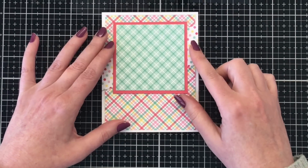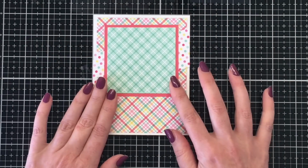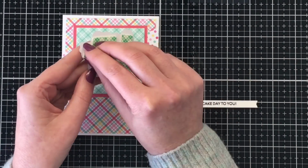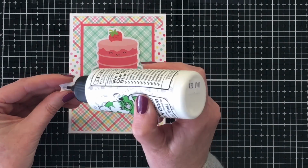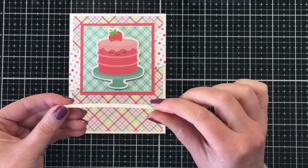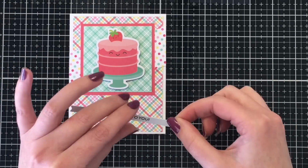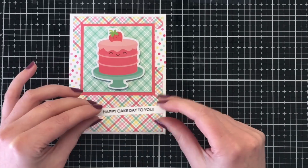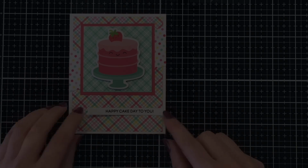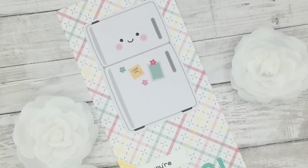Of course, I added some foam tape to my little cake, and then I'm going to add the sentiment to the bottom right-hand side of the card. I played around with whether I would have it right to the end of the card across the white border, but in the end decided to line it up with that plaid pattern paper, and I really like how that turned out. So we're going to move on to the next card, card number 9,